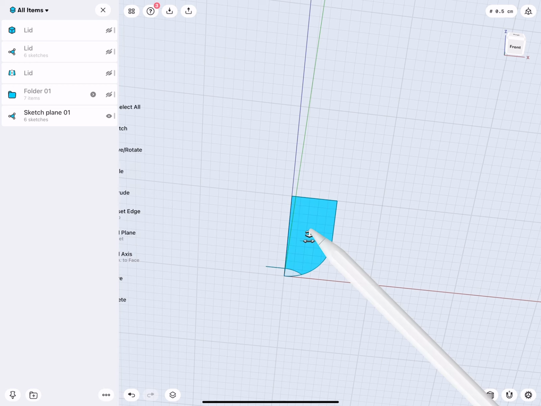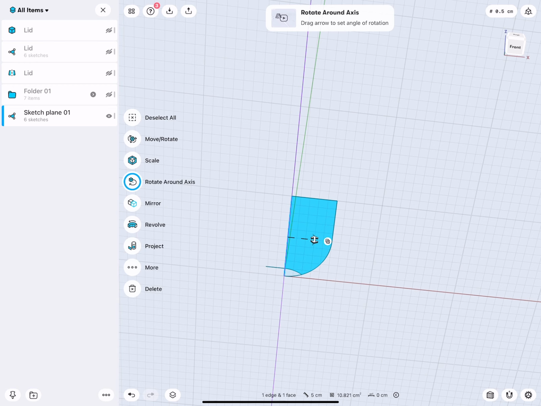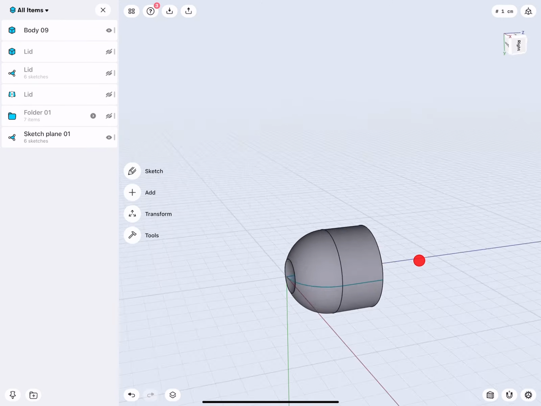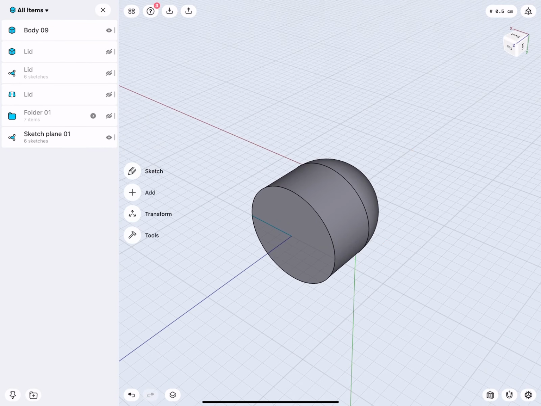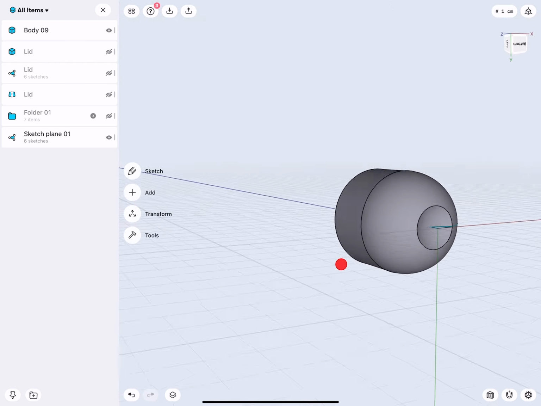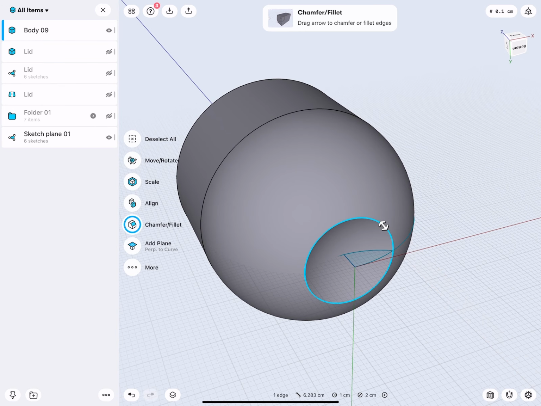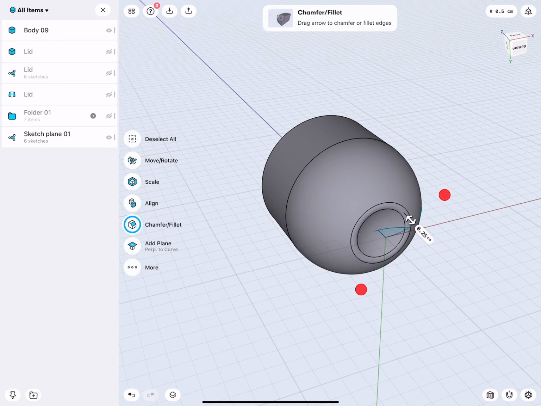I will hide this for the moment, so I just have an individual element, and I can continue working on it. So we would like to shell this, not offset. Well, actually, I'm offsetting the outer surfaces. But before we do this, let's give this a radius. 2.5 millimeters sounds good.